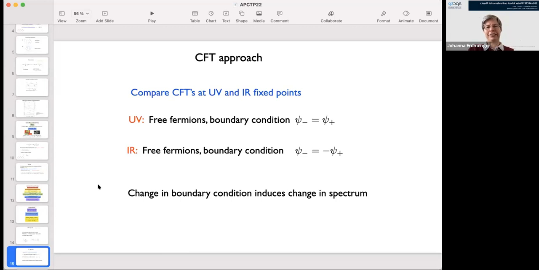Okay, and the fact that we have this non-perturbative approach is due to the fact that we are in 1+1 dimensions, and then we can use all these techniques of 1+1 dimensional CFT using Virasoro algebra and so on.